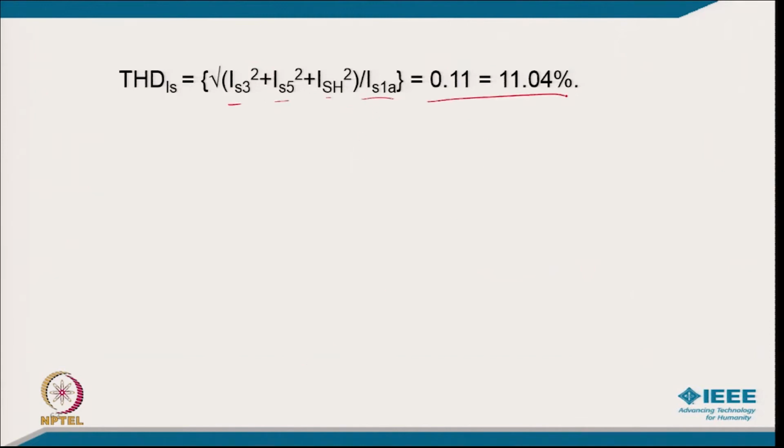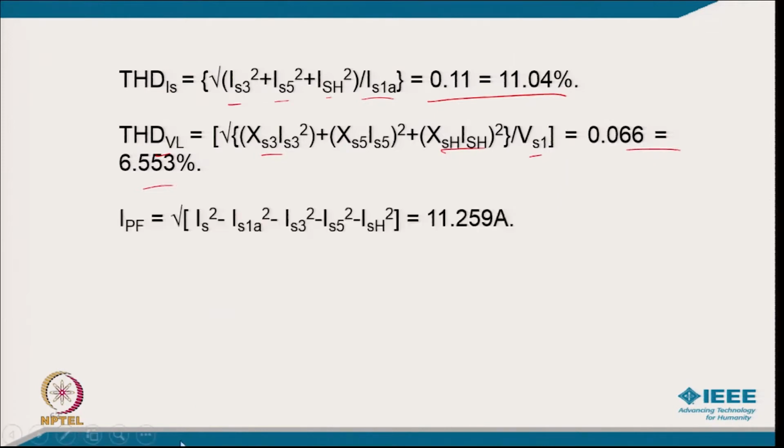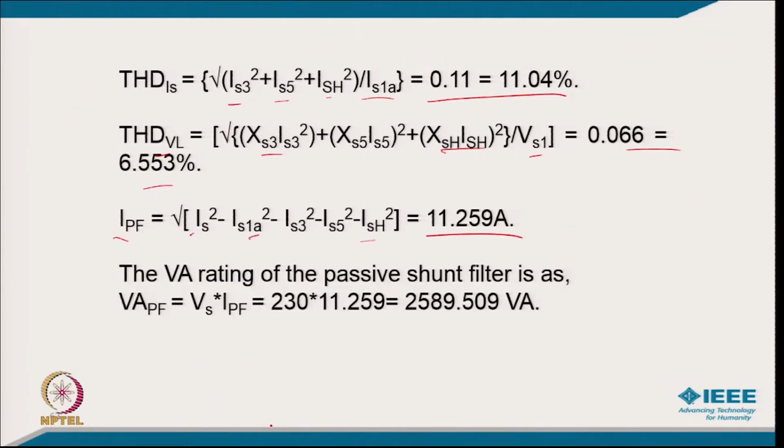So, it comes 11.04%. The THD of the voltage will be the drop of all these divided by the fundamental voltage. So, it comes 6.553%. Your passive filter current will be the square root of IS squared minus all the currents going to the load, so it comes 11.259 ampere. The VA rating of the passive filter will be Vs times IPF, because the voltage across the passive filter is the same as the supply voltage. So, it comes